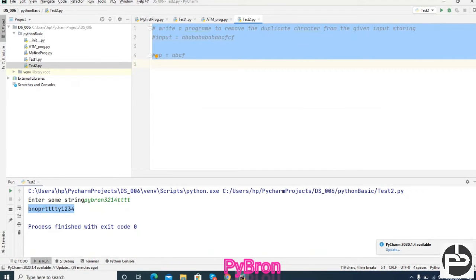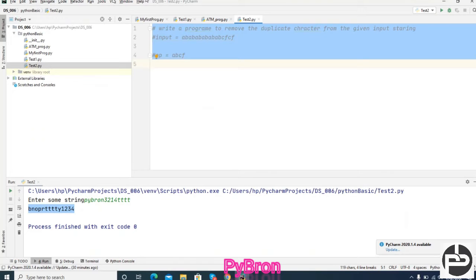What is the prototype? I am going to show you. You have to take an input from the user, and iterate over that string with a for loop, while loop, whatever you are going to use. I'm not going to bother about that. After iteration, you have to store the characters inside a set. So create a dummy set and insert into it.